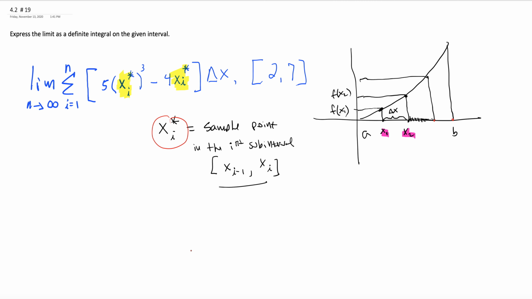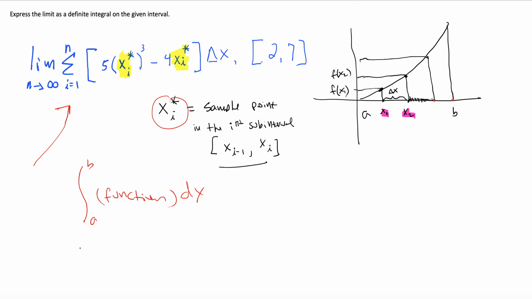All right, back to this problem. But for the sake of this problem, it really isn't super important. All we're trying to get is an integral from a to b of a function dx that is represented by that. The sample point, you don't have to worry about, because we're trying to get a general function. So you can just write your function as basically this,